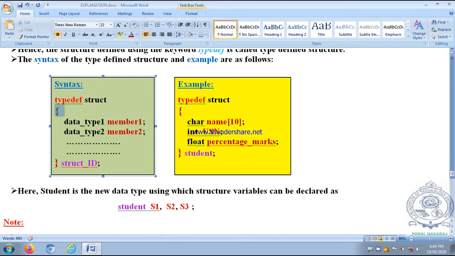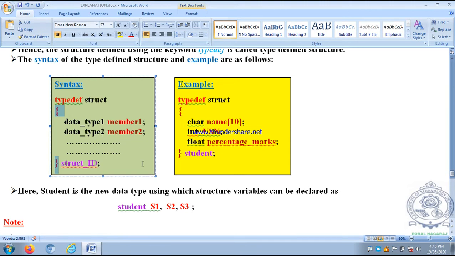Then within a pair of braces we have to declare the members as usual: data type 1 member 1 semicolon, data type 2 member 2 semicolon, like that you can have any number of members. And finally, after the closing brace, the structure ID, actually the name of the structure, structure tag or structure name, whatever you call it. So this is the syntax.